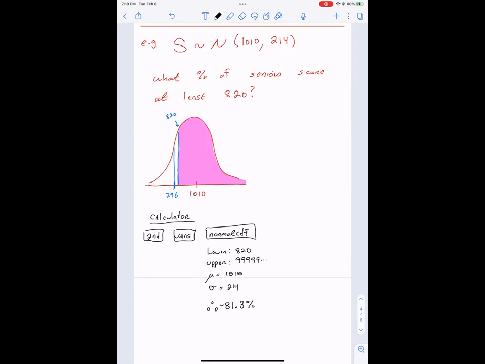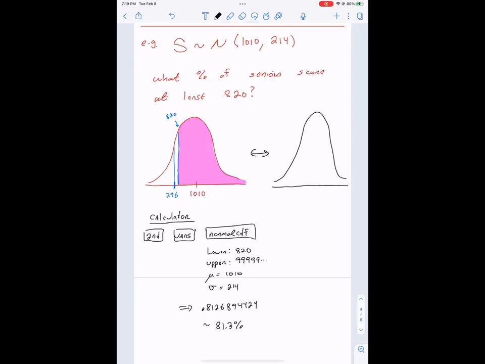We'll do that in a second. This is just the calculator approach. So second var is normal CDF, 820 to a bunch of nines, 1010 mean, 214 deviation. I got 0.8126. I'll write out all the decimals, 0.894424, which is about 81.3%. Now, the other way we're going to do it